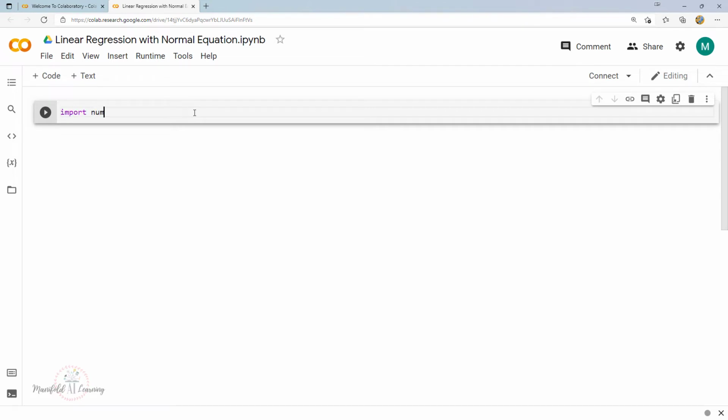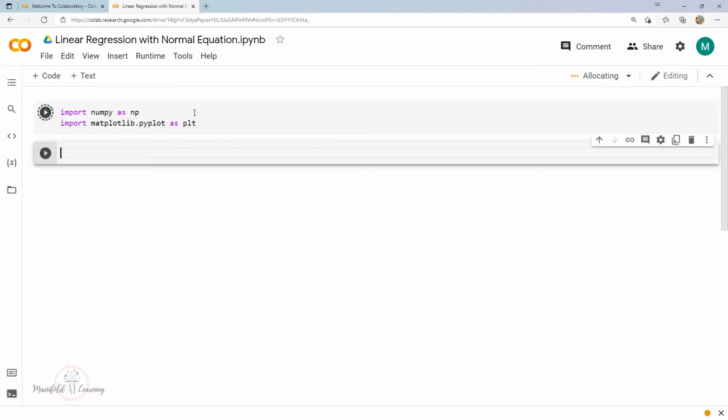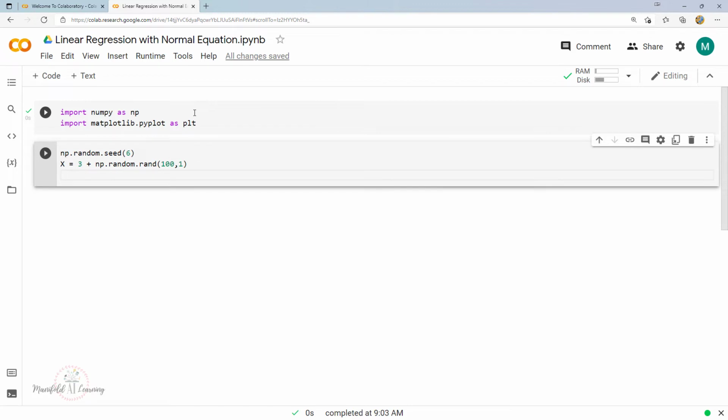So I'll import NumPy as np, and I'm going to import matplotlib.pyplot as plt. Now once this is complete, let me just initialize some data points. I'll say np.random.seed to make sure that the code will have repeatability on your system as well. I'll set the seed as 6, and I'll define my x as x is equal to 3 plus np.random.rand, and I'll generate some 100 data points,